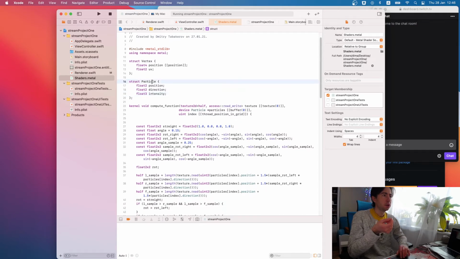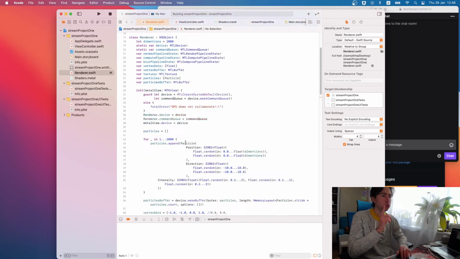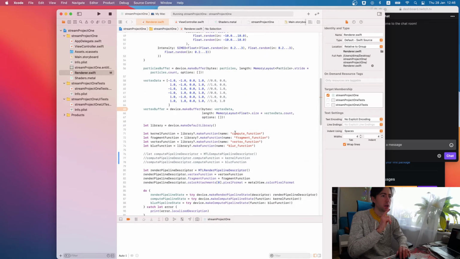And this particle is being used in this compute function, which is this kernel function that is used in the compute pipeline state.